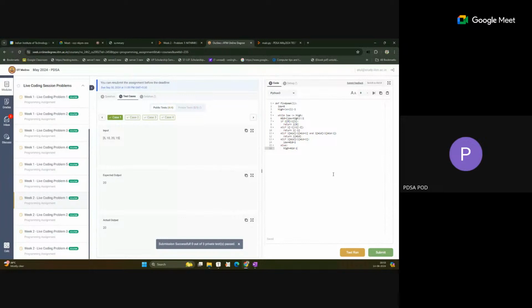Okay, so you can see the private test cases are passed. Let's see the public test cases also. Yeah, all public test cases are also passed. Yeah, this is the